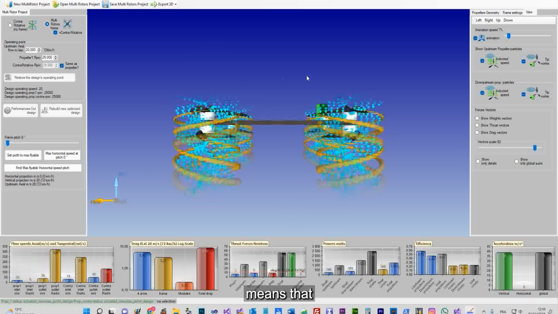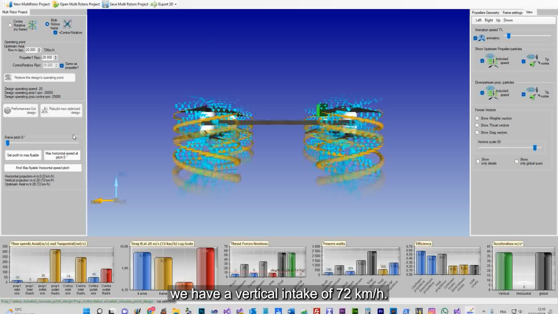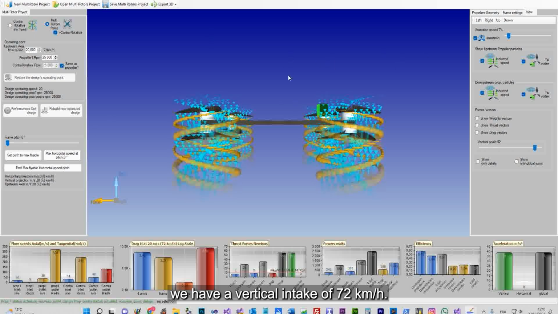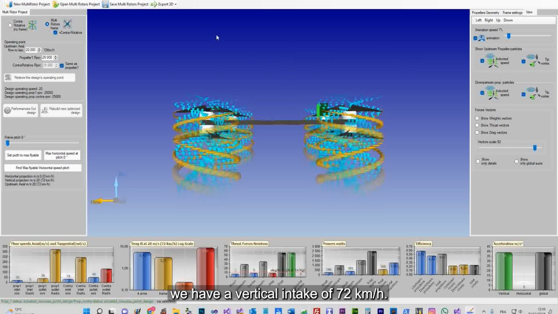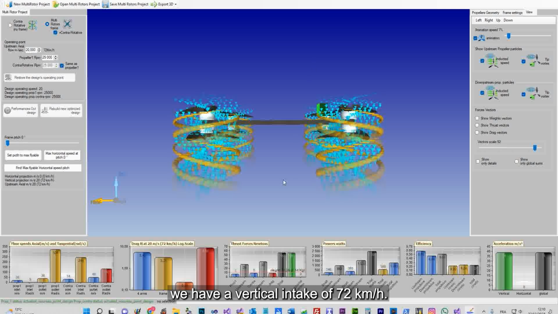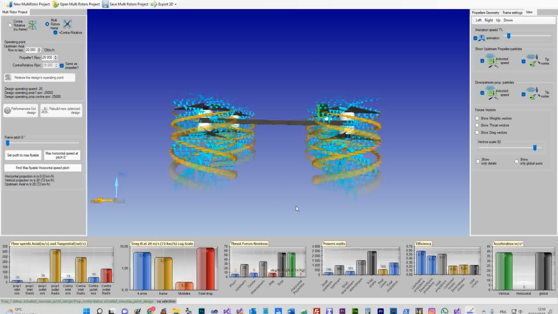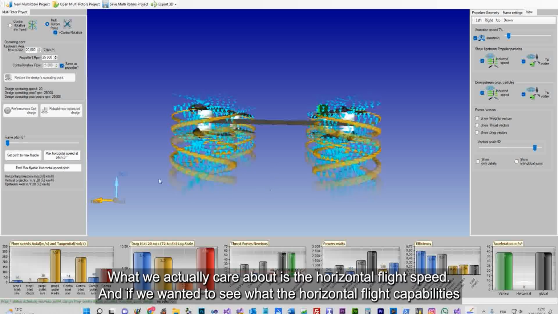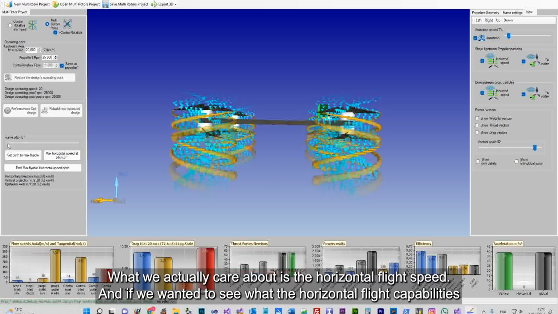So 72 kilometers of air intake means that we have a vertical intake of 72 kilometers per hour. What we actually care about is the horizontal flight speed.